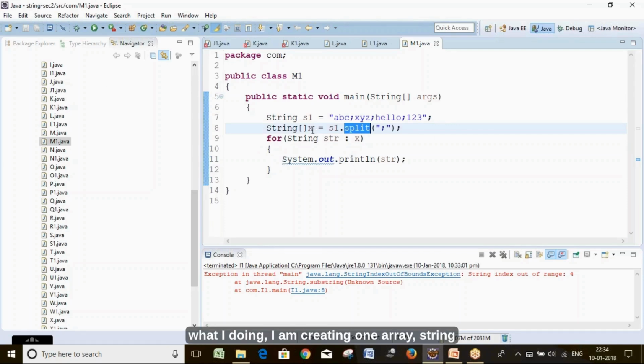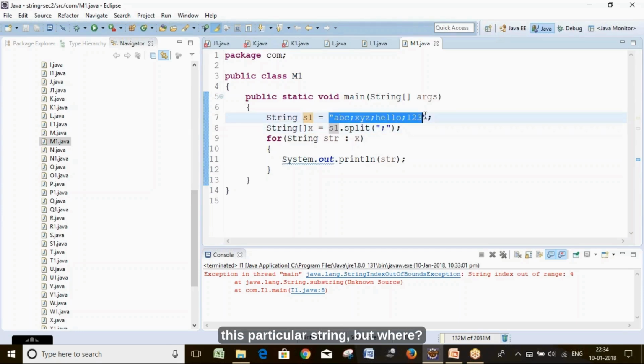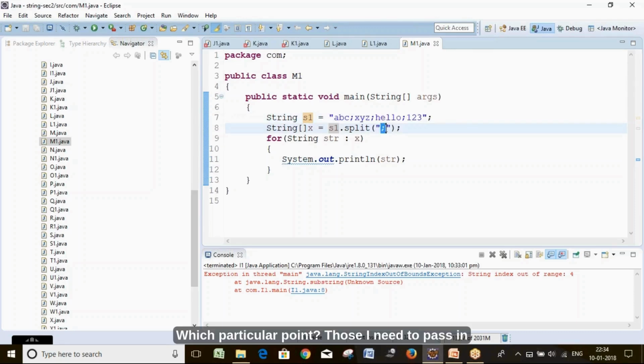So I am creating one String array. String is a class, array x is a reference variable, assignment operator, s1.split. I want to split this particular string, but at which point, that I need to pass in double quotes, in the double quotes a semicolon. So whenever a semicolon comes, our string will be split.